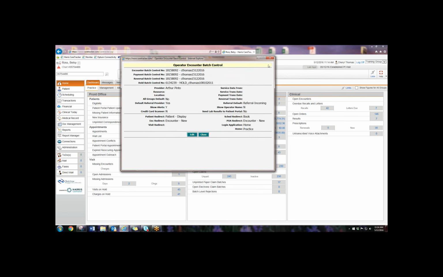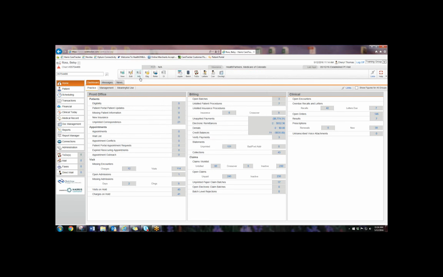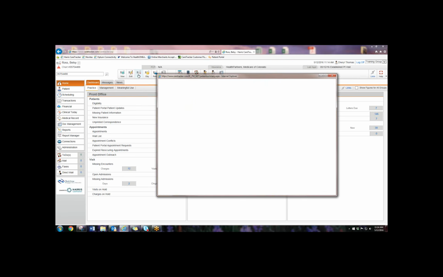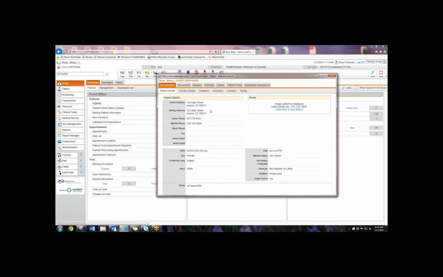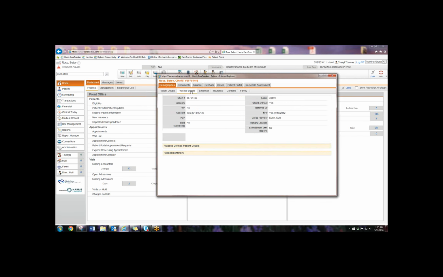Okay, the other one that's really helpful, one of my favorite buttons up here, is our info button. This one can give you patient and context so much information with just a pop-up here. So we first can see some basic demographic information, address, phone numbers. It's a quick and easy way to get a phone number. We also can go through everything that we can do